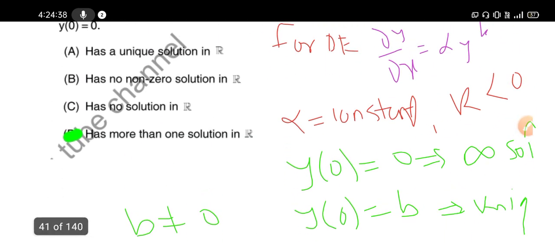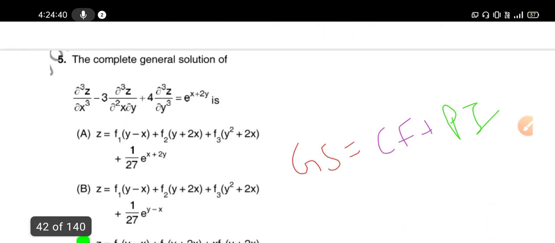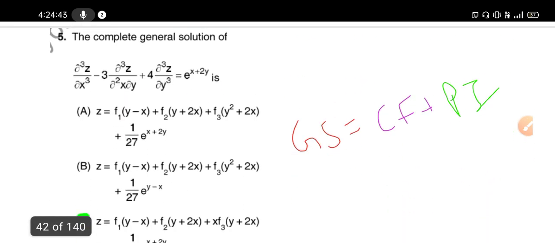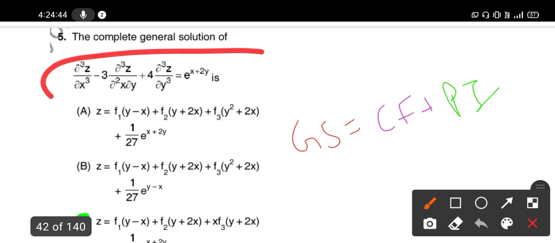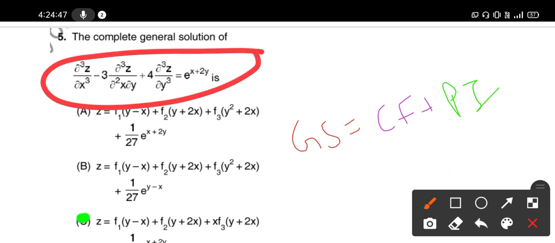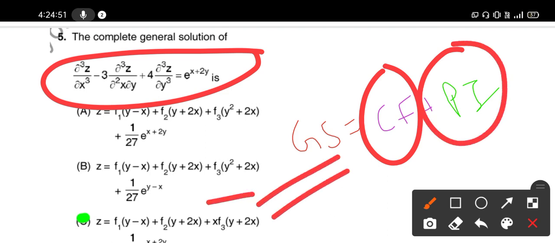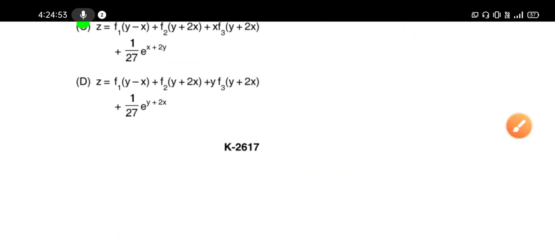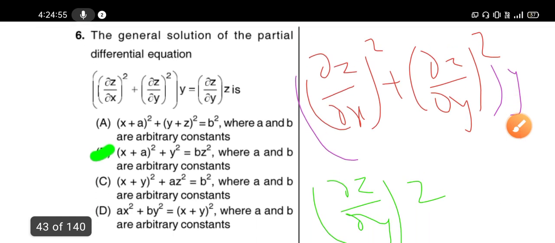Next question also depends on this one. The complete general solution: we find the complementary function plus the particular integral, and we get the general solution, that is this. The general solution of the PDE,